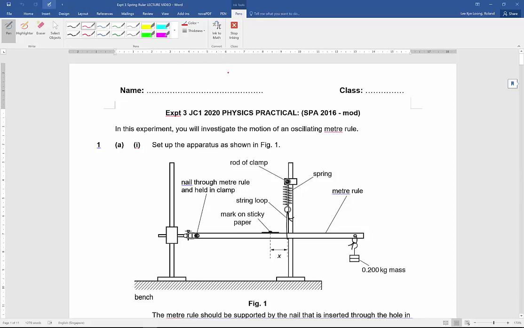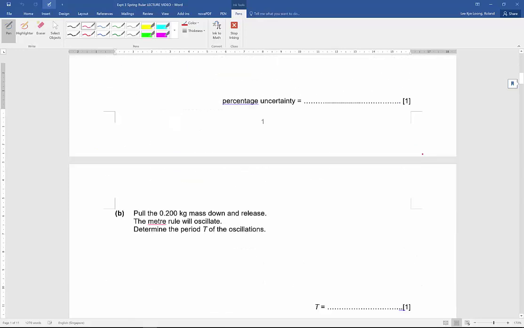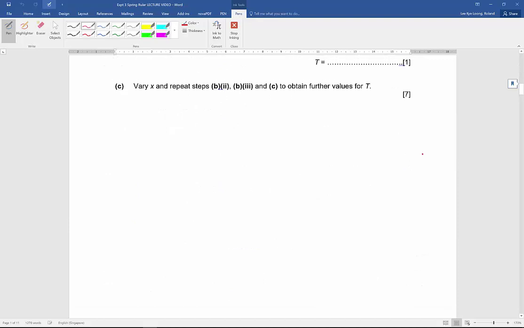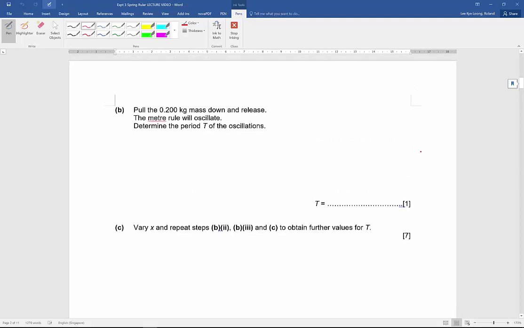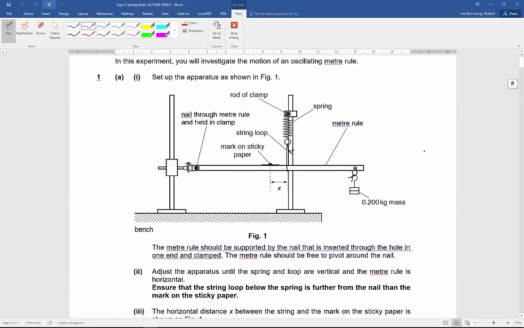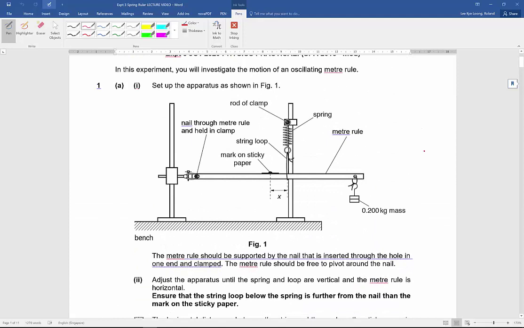So actually, the first thing you should do after you finish reading the question is to go to this page and draw in a table. The table should have 7 rows, 6 sets of data, and 1 row of the correct headings. And then after that, you go back to this, you set up the experiment, and then you need to consider